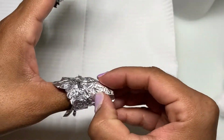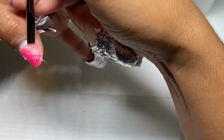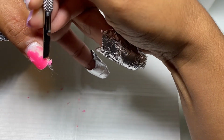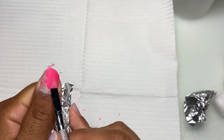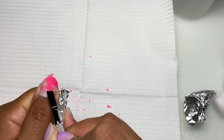Okay, so here I'm ready to take off the aluminum foil and the cotton ball. 30 minutes have passed, so now I'm just taking my cuticle pusher and trying to remove that polygel. And I don't know if I mentioned at the beginning of the video, but this was my first time removing polygel, and the consistency, I guess, or I'm not sure what you would call it, but the difference between polygel